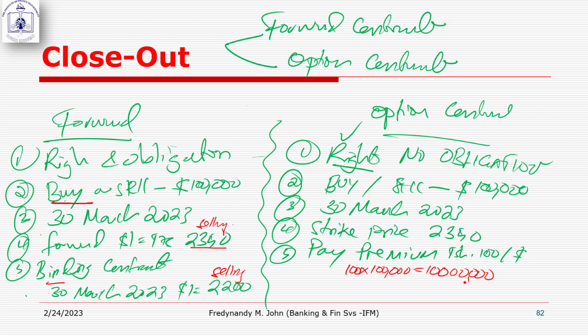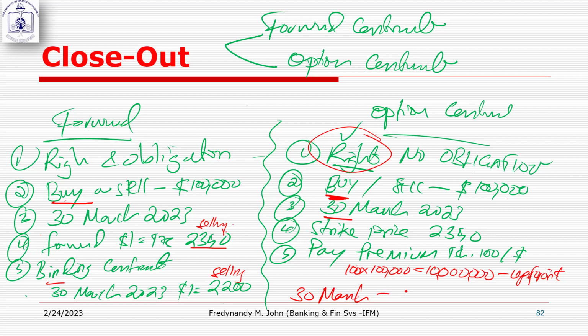So the customer will have to pay upfront 10 million. Okay. The customer will have to pay 10 million upfront so that they can be granted the right to buy 100,000 USD on this date. Now, in case on the 30th of March, this is maturity, the exchange rate